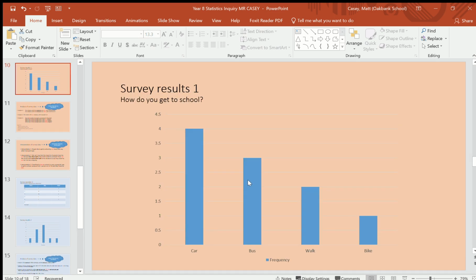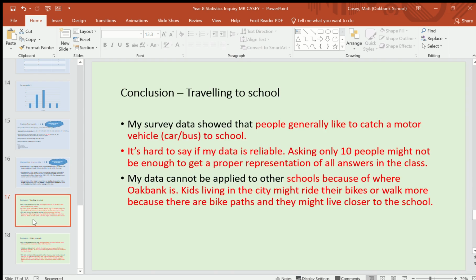Showed that people like to go to school via car the most. That's probably the main thing. That's the most popular. But is it reliable? It's hard to say. I think asking 10 people might not be good enough. I mean, it's a pretty good representation, but if I went and asked 100 people, I'd have a much better